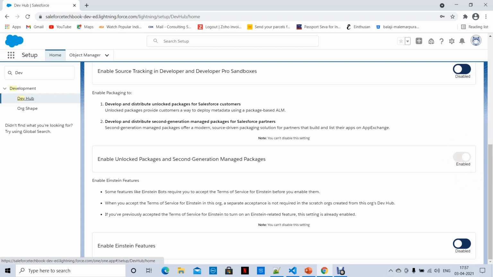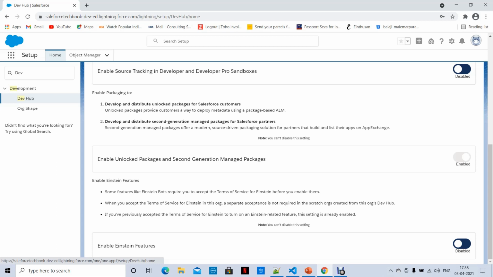Once it is finished, you have to authorize this Dev Hub from your command prompt. How can you authorize this? With SFDX commands. To work with SFDX commands, you should install Salesforce CLI on your machine. Then only you can use SFDX commands. So check whether you already installed it or not.